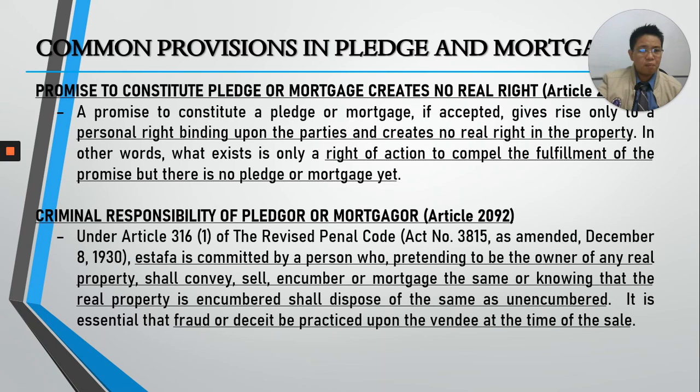In 316 of the Revised Penal Code, it talks only about real property. So, in 316, the elements are: number one, the property is real property. Number two, the offender must have pretended to be the owner, otherwise deceit or fraud would not be present. And number three, the fictitious owner must have executed some acts of ownership to the prejudice of the true owner. So anyway, these are the elements of estafa under paragraph 1 of Article 316.